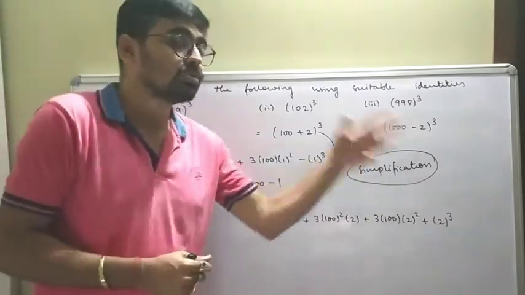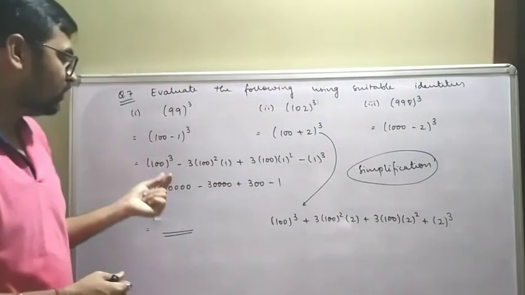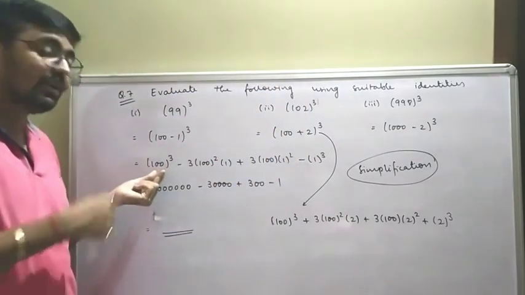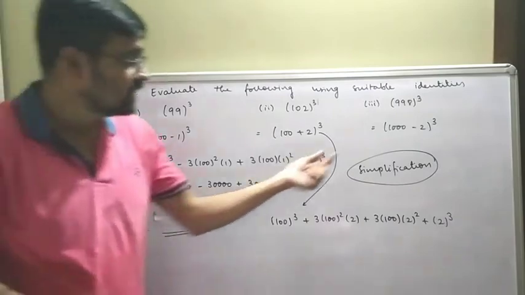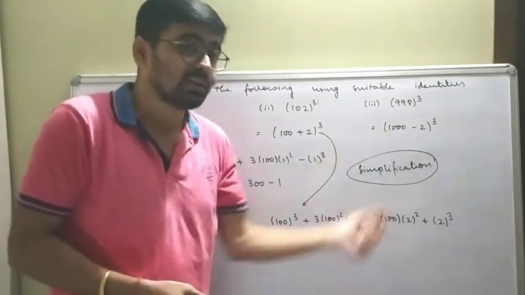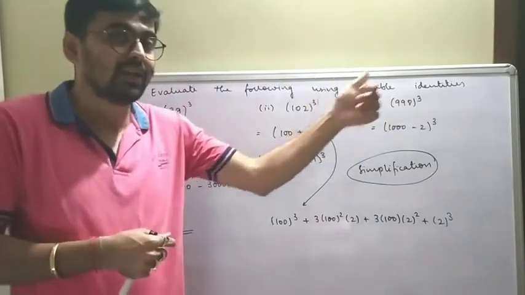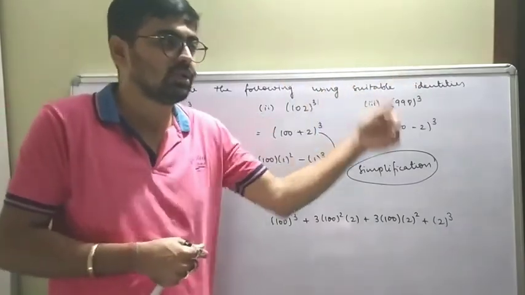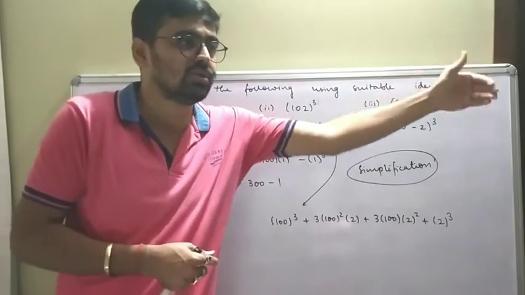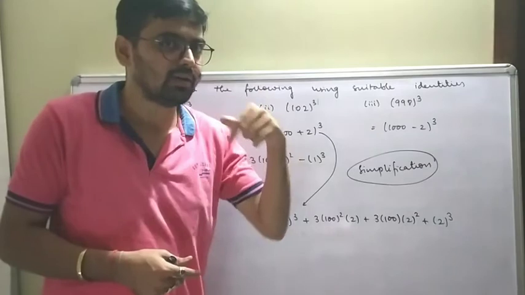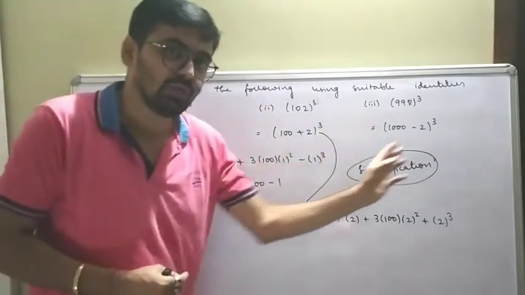If it is 1000 cube, I told you one thing over here, that if it is 100 cube, that means 2 zeros are there, I will make it 6. Now if it is 1000 cube and 3 zeros are here, then we can make it 9 zeros. 1 and then 9 zeros. 1 0 0 0 0 0 0 0 0 0. That's 9 zeros because I was counting in my head. So that's how we can do.